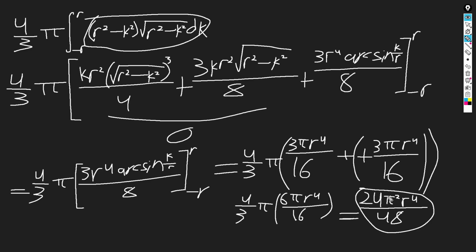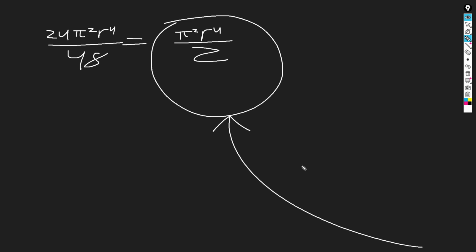If we simplify this, we're going to get the volume of a 4D sphere, which is this. So now, if we travel to the fourth dimension and we want to find the volume of a 4D sphere, here we have it, radius r. When I first derived this yesterday, I was actually quite proud of myself because I hadn't known there was a formula for the volume of an n-dimensional sphere, which